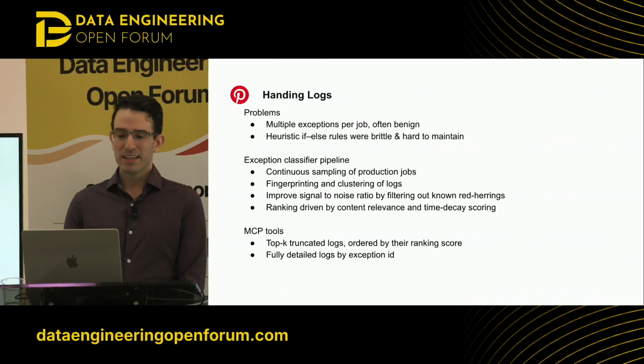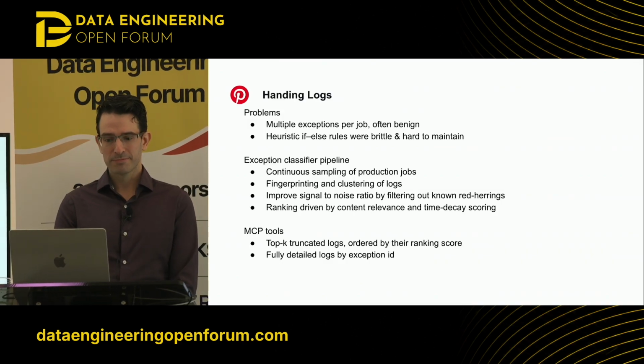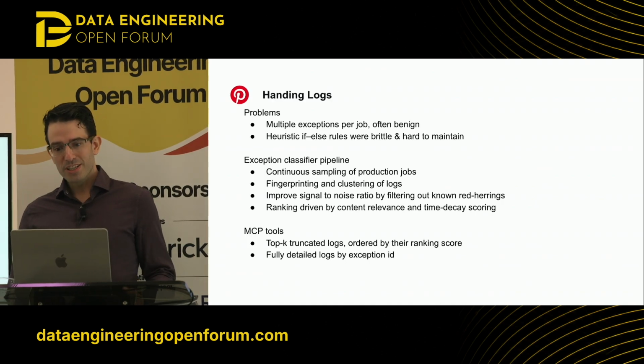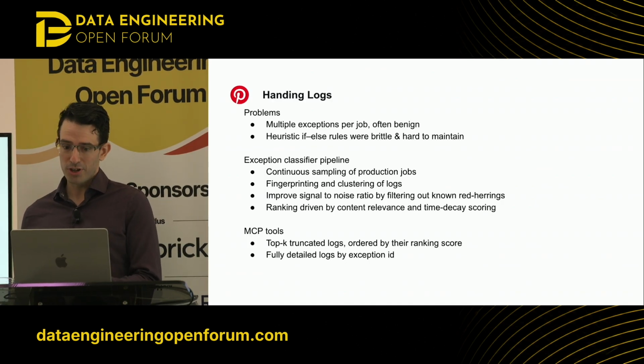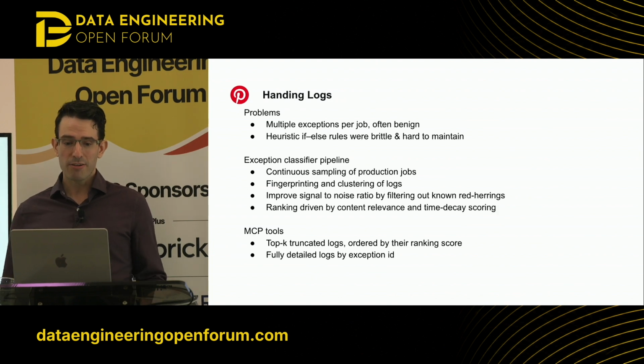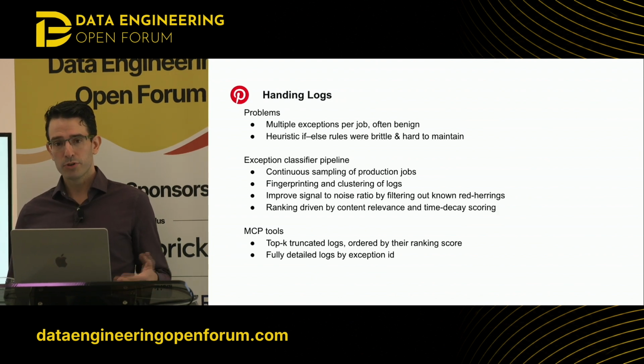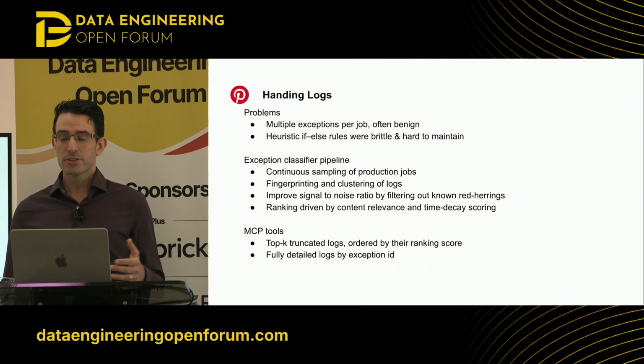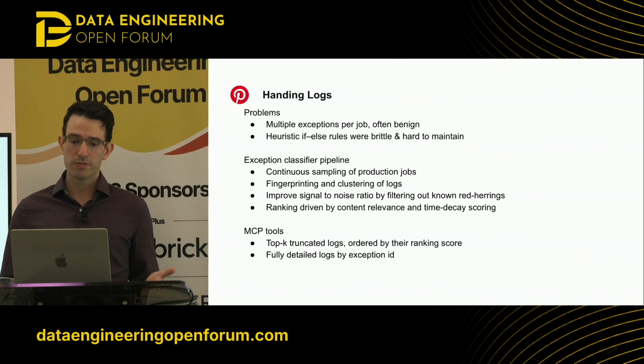Instead, we built an exception classifier pipeline. The core idea was that we would learn which exceptions commonly appeared in successful jobs, treat those like red herrings, and then filter them out in our future analysis. The agent would then fingerprint and cluster exceptions, then rank them based on content relevance and how recently they occurred compared to the termination of the job. We then